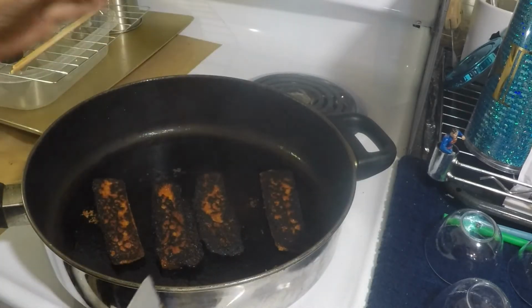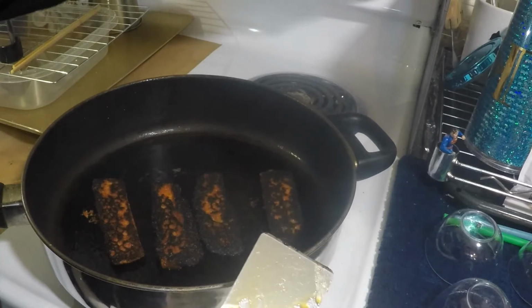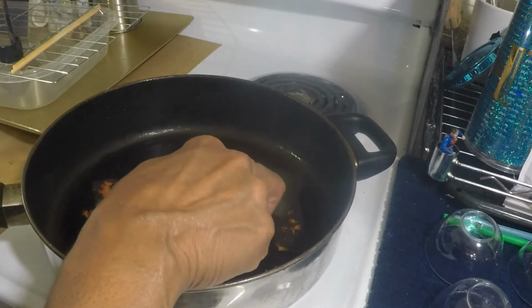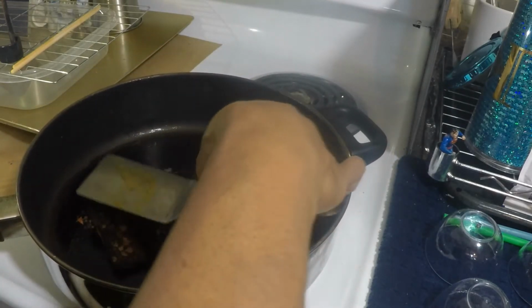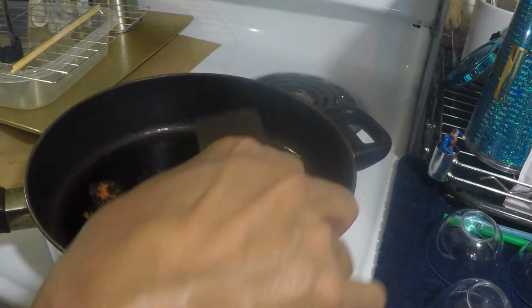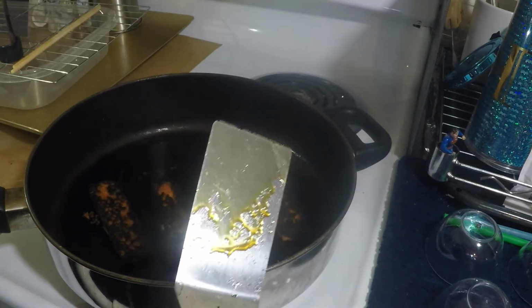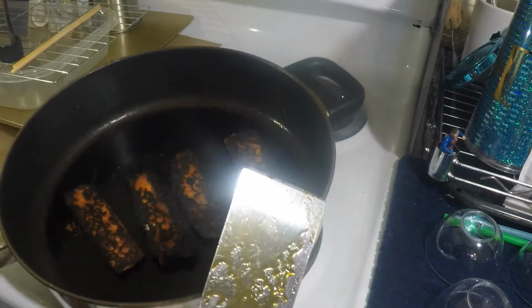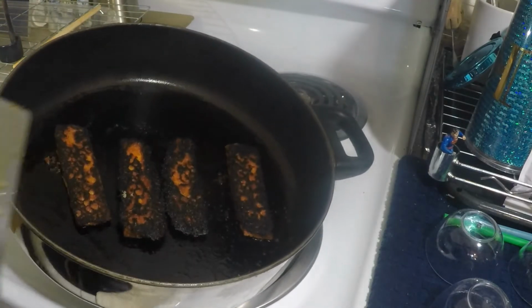You can see that it's smoking. Maybe I shouldn't have turned it up. I should have kept it on medium. My bread is starting to puff up a little bit. Maybe I need more oil. I don't know. Oh, y'all. Maybe I should have put more oil in the pot. Who knows? Anyway,